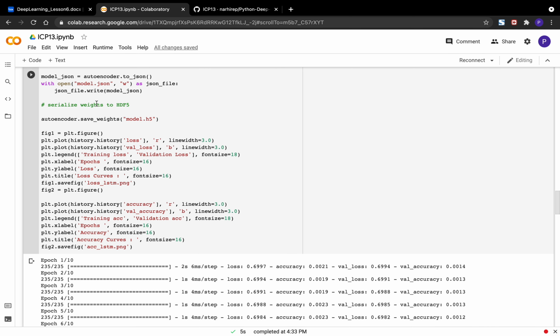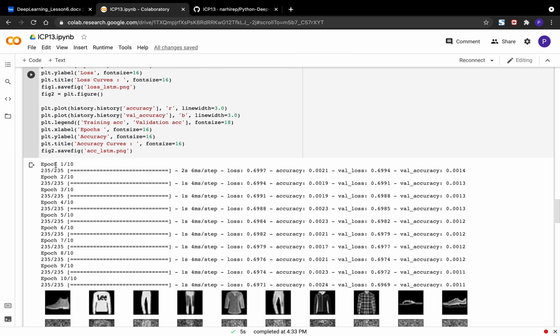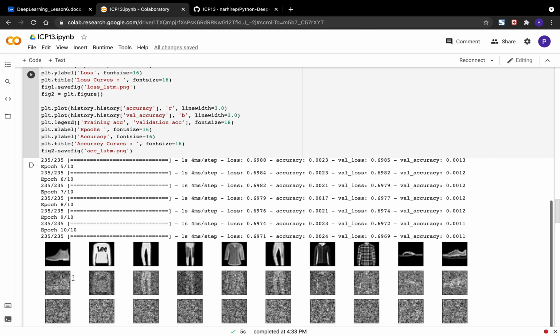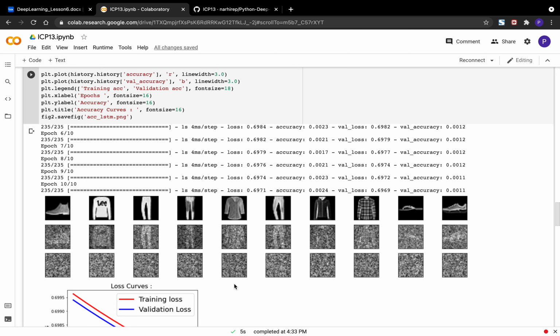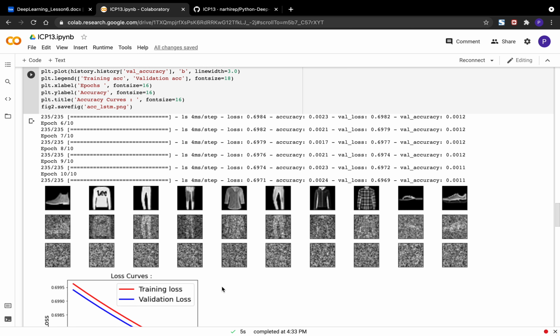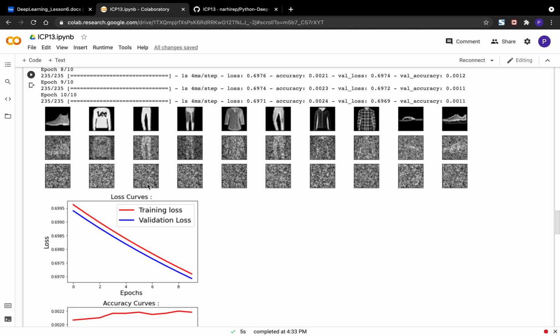I have also saved this model, and I am going to take a few images. I ran this for 10 epochs, and these are the 10 images I have chosen. This is the image when the noise gets added, and this is after the reconstruction. It doesn't look that good compared to the original image.